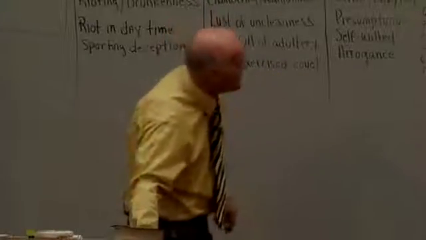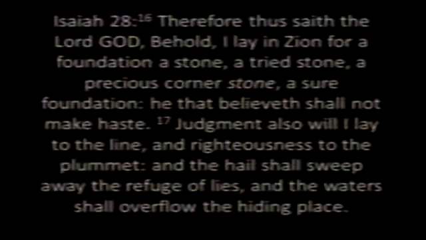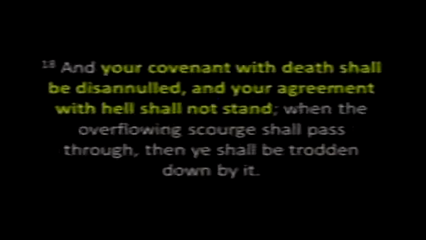Look, and I go back to Isaiah now, Isaiah 28. Therefore thus saith the Lord God, behold, I lay in Zion for a foundation stone, a tried stone, a precious cornerstone, a sure foundation. He that believeth shall not make haste. Judgment also will I lay to the line, and righteousness to the plummet. And the hail shall sweep away the refuge of lies, and the waters shall overflow the hiding place. And your covenant with death shall be disannulled, and your agreement with hell shall not stand when the overflowing scourge,